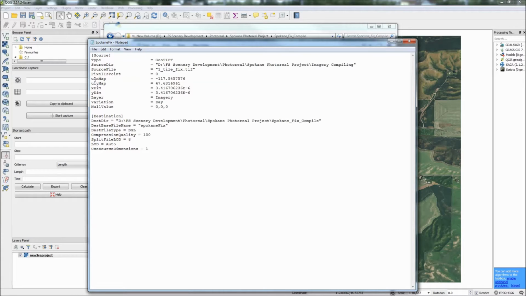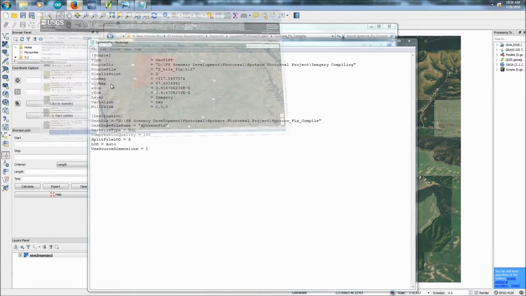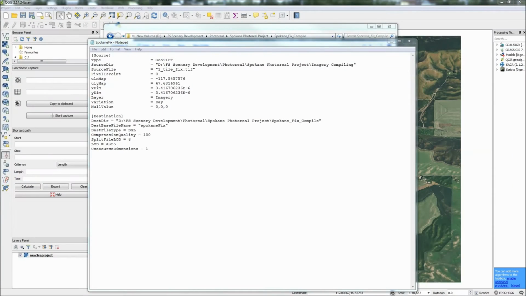And then these things here are basically the coordinates of the corners of the image. So I believe this is the upper left. I'm pretty sure. Must be the upper left corner by that UL sign there. And where you can get these coordinates, and the reason why we're using them, is